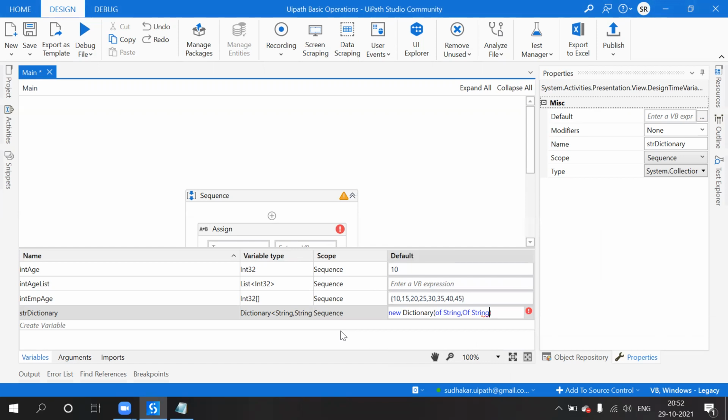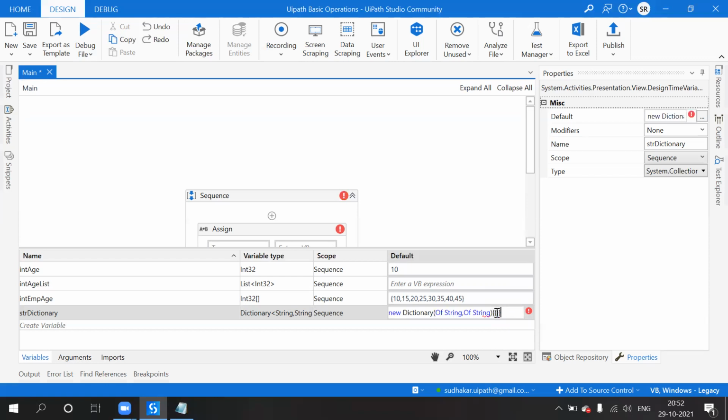Correct, right? That is what we selected here, string and string. So it should be of string comma string, and just put curly braces and put one more curly braces.